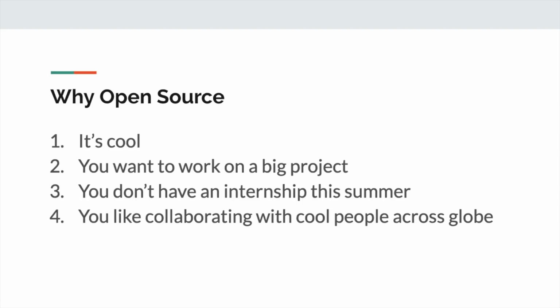And especially if you're a student and you're constantly complaining that you don't have industry exposure and you don't get to work on something cool, that is not an actual excuse, because you have tons of open source projects which you can work on, and you're definitely going to collaborate with a lot of cool people